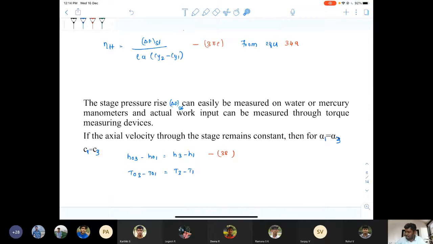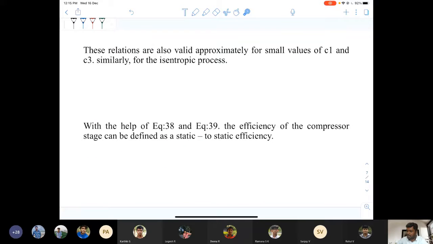That is, we have made C1 equal to C3 and come across this equation, which is valid only for small values of C1 and C3. If the absolute velocities C1 and C3 are very small compared to the other values, then you can use these two equations for an isentropic process,